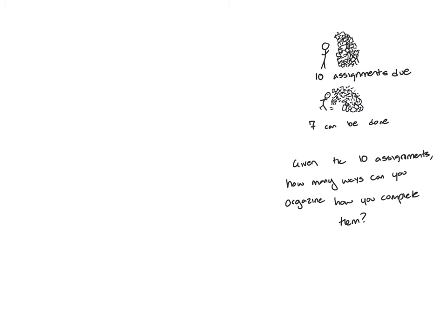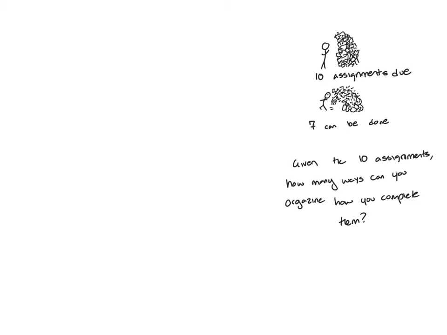For this example, let's make it a little bit more realistic. Let's say you have 10 assignments due next week, but you only have time to do 7 of them. The question is, if you're going to be doing 7 out of those 10 assignments, how many different ways can you complete them? That is, how many different ways can you arrange those assignments and get the 7 out of